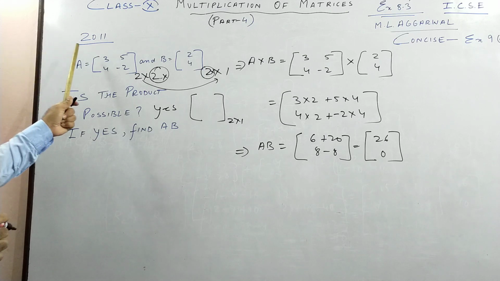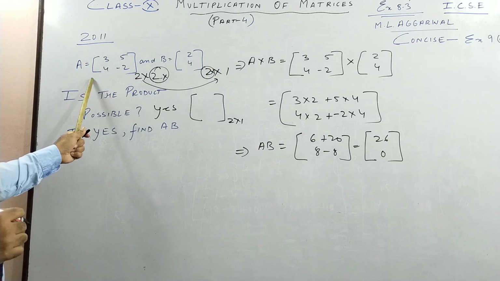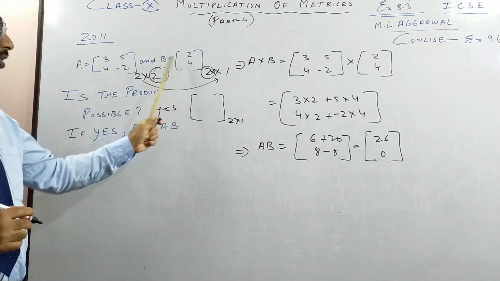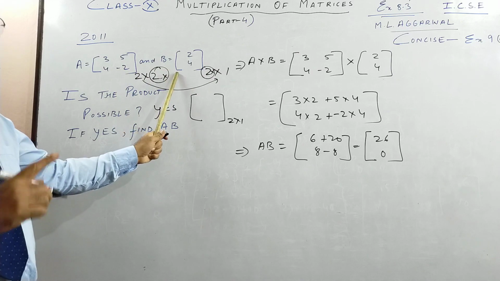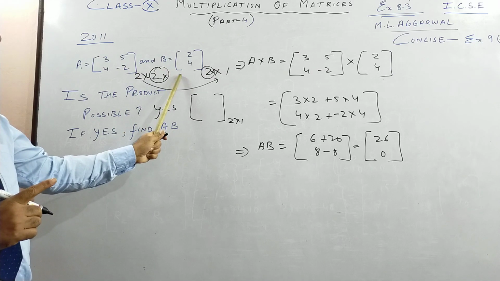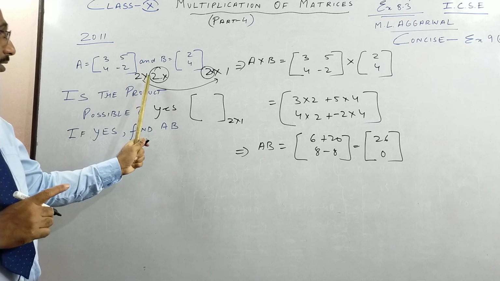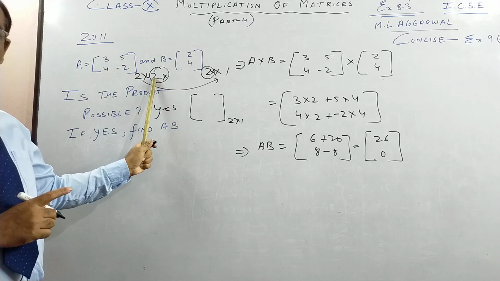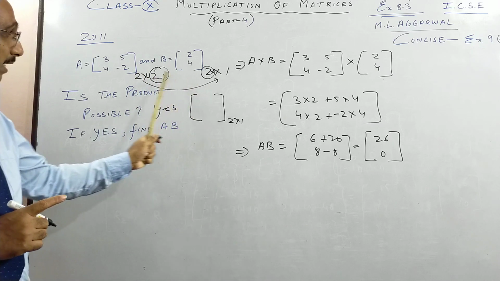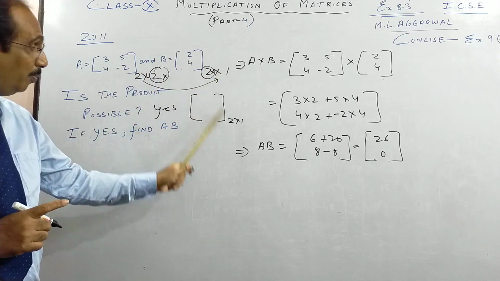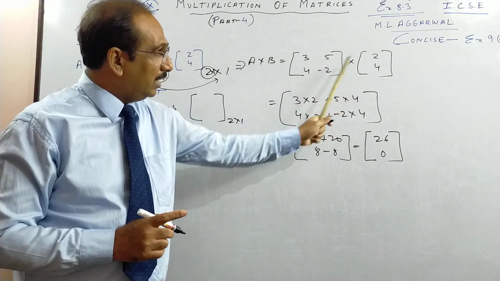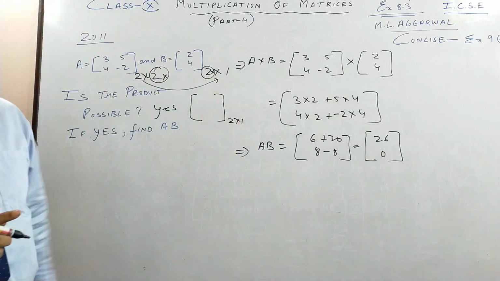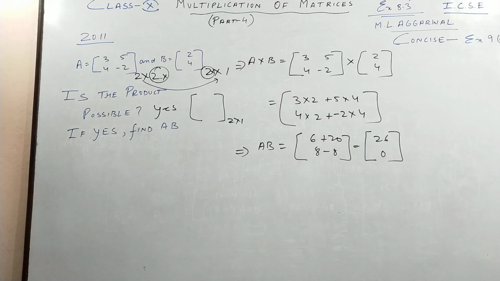So this was year 2011, when the order of both matrices was not the same. But remember, for two matrices to be compatible for multiplication, the column of the first should be equal to the row of the second, and what remains is 2 by 1. So it will look like this. Generally you will see, when you multiply these two, the answer will look like this, 2 by 1. So please pause and copy, and we move on to the next question.